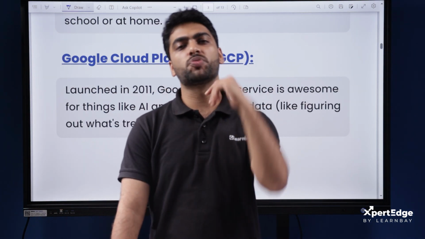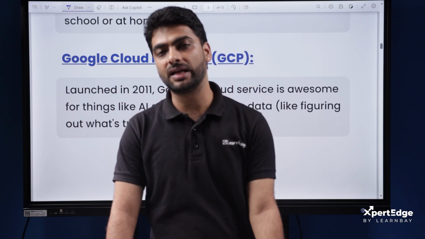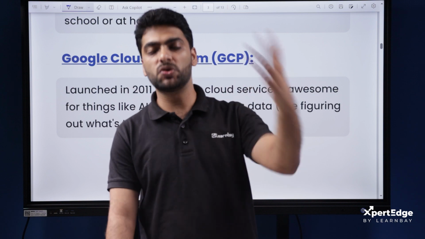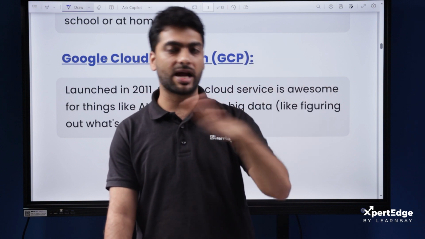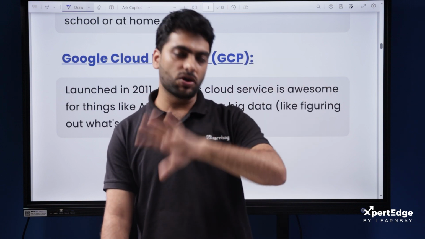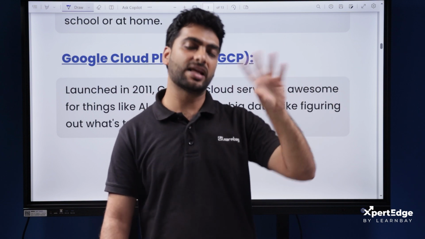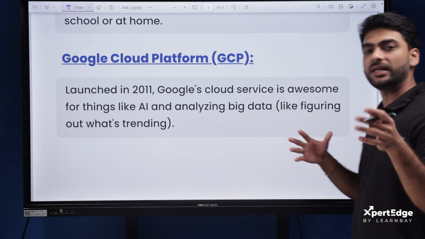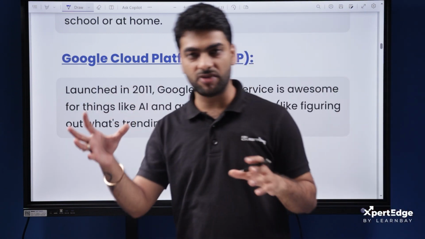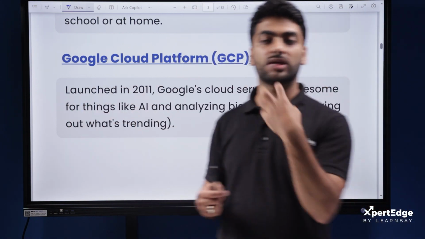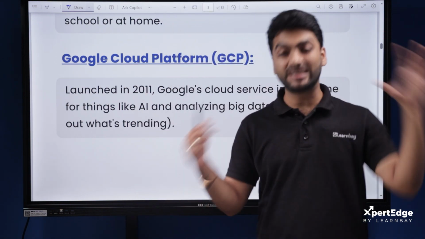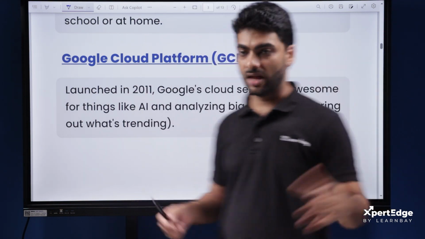Spotify is a platform which might use something like GCP, because they have to understand what is trending, the kind of music, the kind of podcasts, the kind of albums that are trending. I'm not saying it does, but that is something that can use GCP. Now diving a little further, we know that AWS is catering to consumer behavior, Azure is catering to Microsoft products, and GCP is catering to big data, finding trends and all.